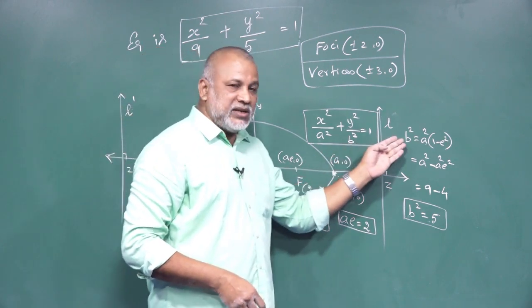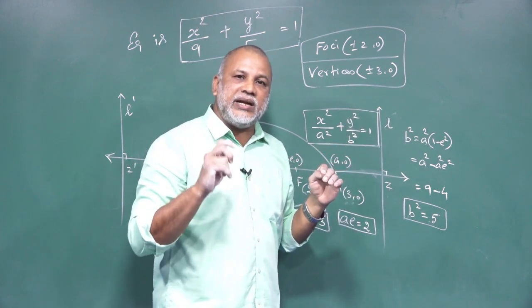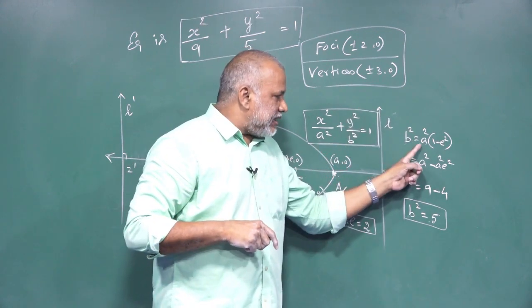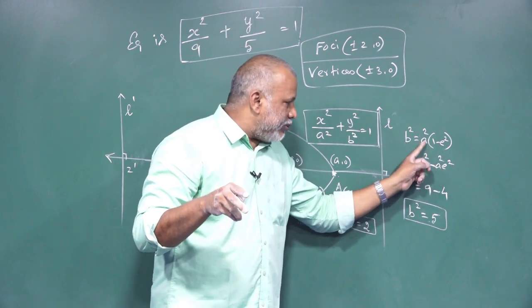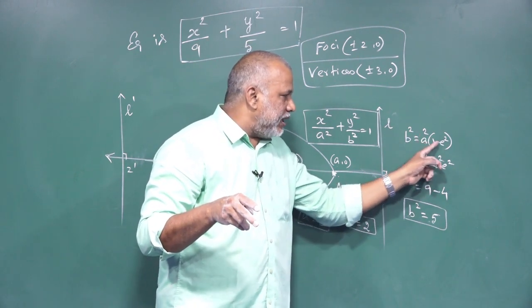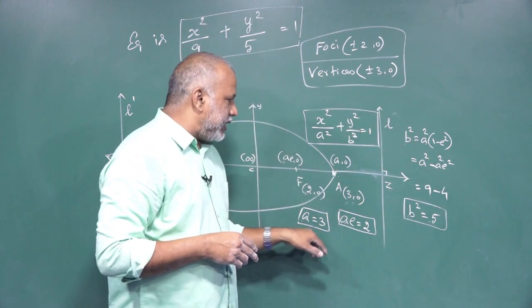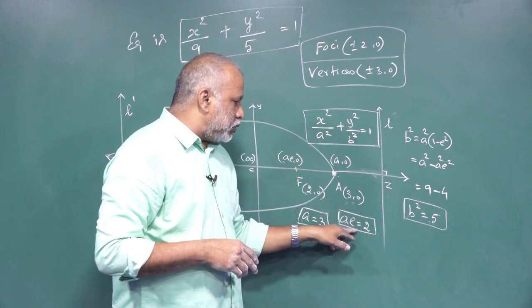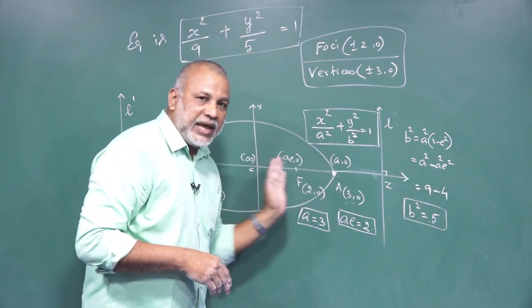From the basic definition, we worked out b squared equal to a squared into 1 minus e squared. See your standard derivation of an ellipse. Now I am multiplying, because here e is not given. Therefore I am opening this bracket, it becomes a squared minus a squared e squared. The value of a squared is 3 squared, 9, and ae equal to 2. Then substitute, b squared equal to 5. Already we took the decision: it is type number 1.